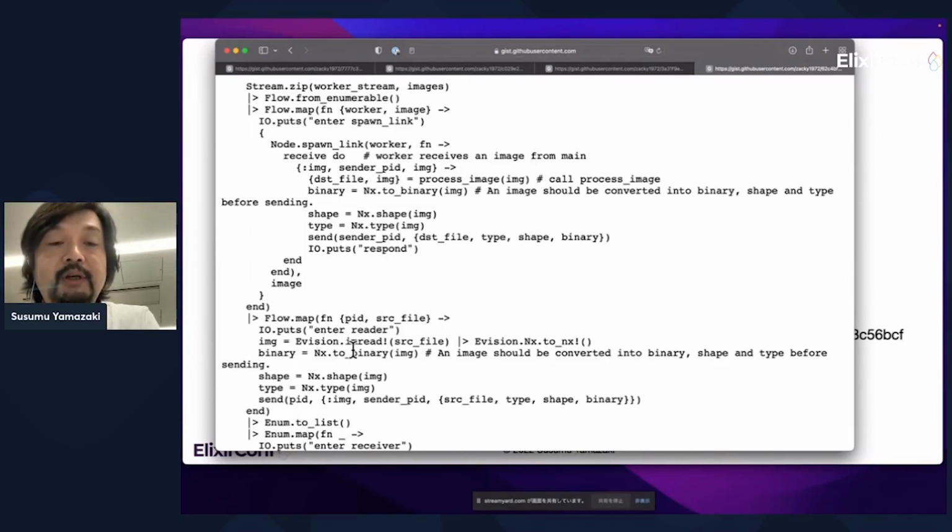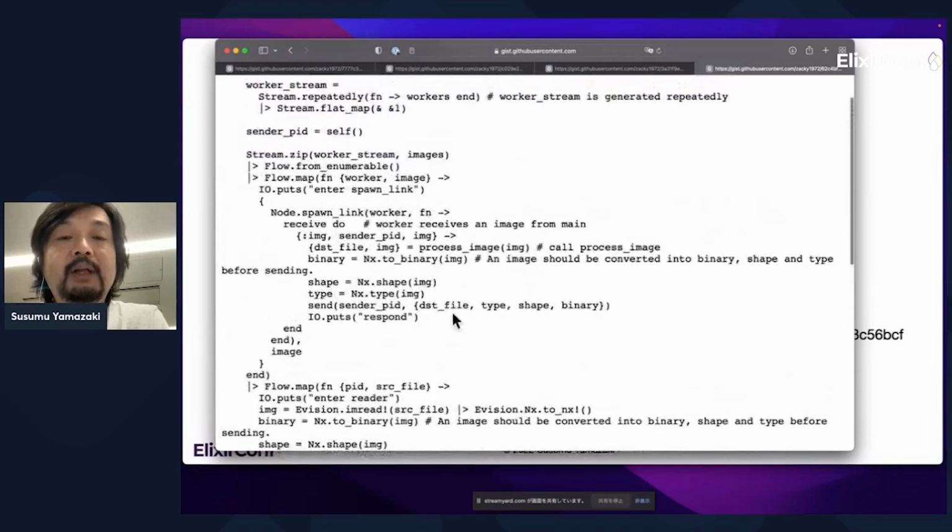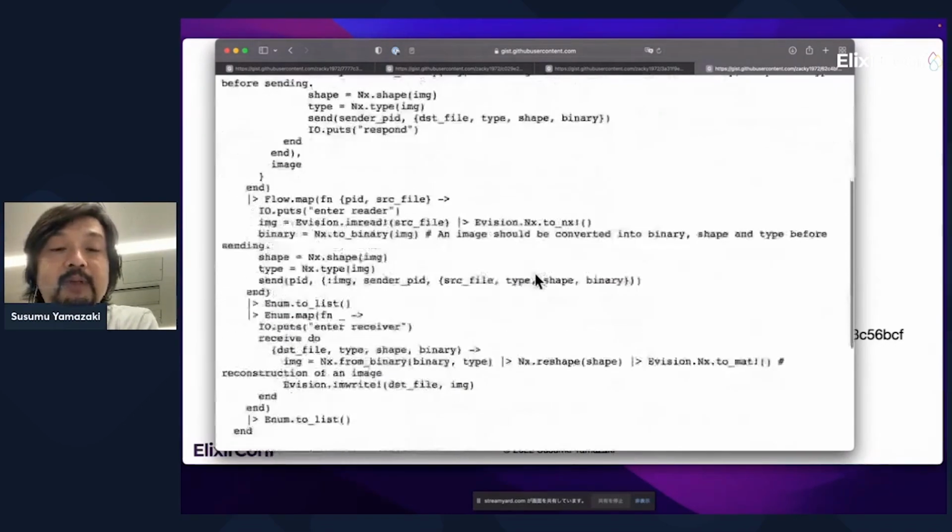Here, the image should be converted into binary shape and type before sending. Send to receiver and receive at receiver. Then call process images.